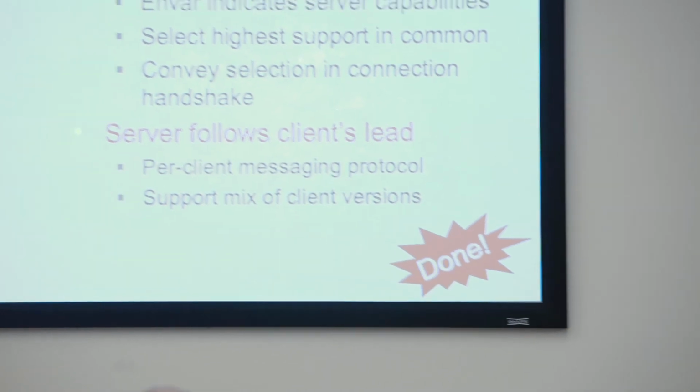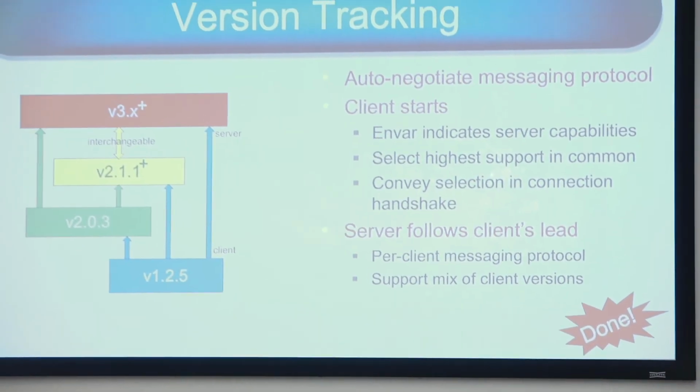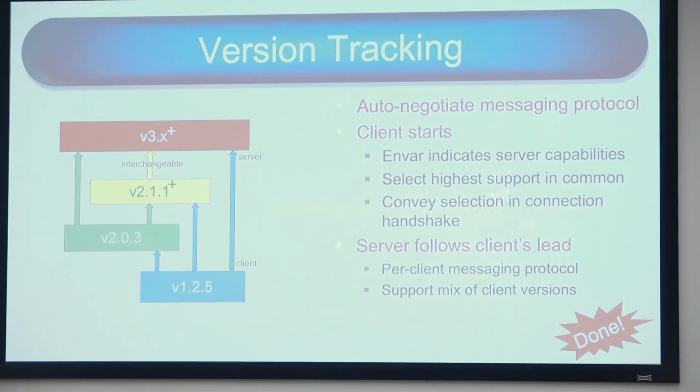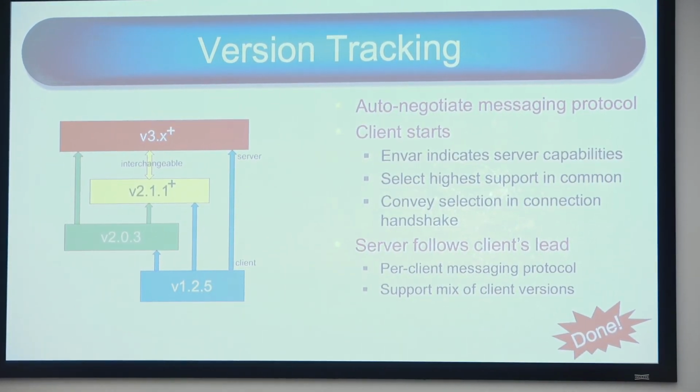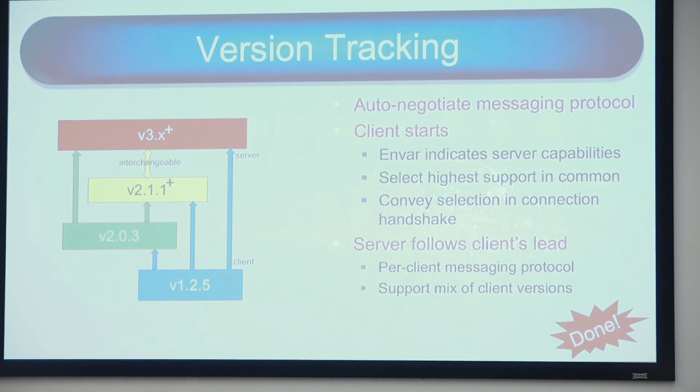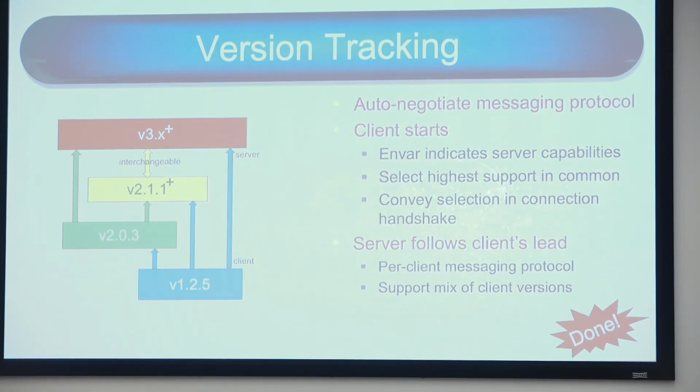So we addressed the first one because it was the easiest, and that was version tracking. If I'm going to have an interface that goes across the boundary, there are two ways to attack the fact that both parties, on either side of that boundary, may be changing at different rates.